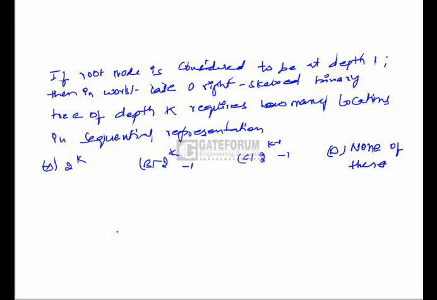It is given that the root node is present at depth 1, and we have to find the number of locations required for the sequential representation of a right skewed binary tree of depth k. In the ideal case, a complete binary tree representation doesn't waste any space. But in the worst case, a skew tree of level k will require 2 power k minus 1 locations,